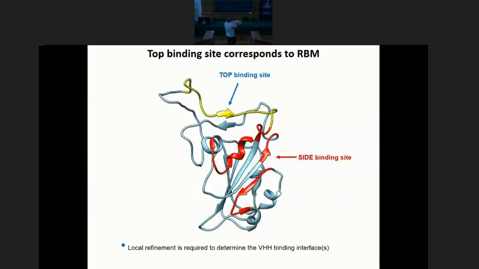If we look at the RBD domain and observe the bound antibodies, they see that one of the binding interfaces, on the top, nicely corresponds to the RBM. Thus, the binding of the antibody to this site indeed should prevent the attack of coronavirus, should inactivate it. But the second interface is located on the periphery, involves different parts of the secondary structure, and is probably not needed for blocking the coronavirus.